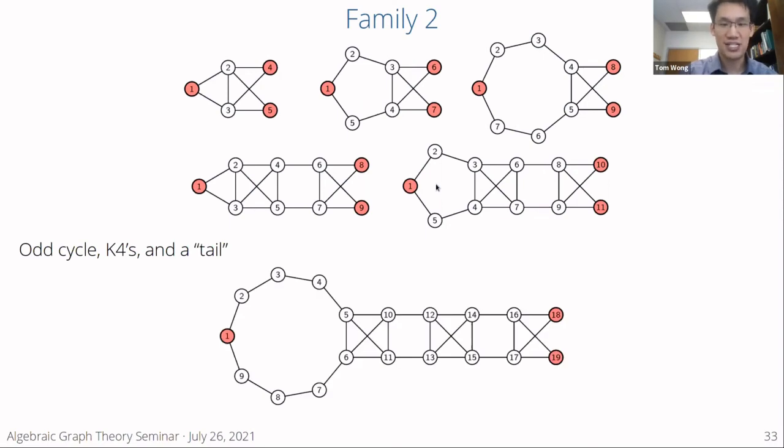So if you have something like this where you have 2 K4s between the tail and an odd cycle, again you get equivalent quantum walks if you start at this end or at either of the two tail fins. And again, I coded generators for these, so whatever sizes I've tried, you get equivalent walks. There's no proof of this in general.